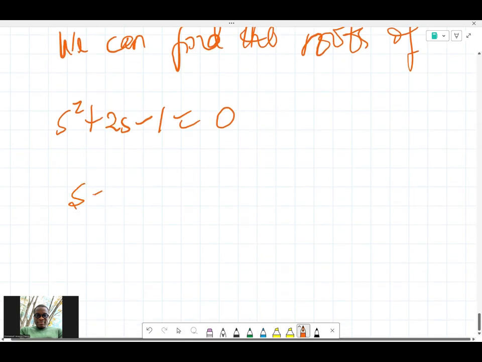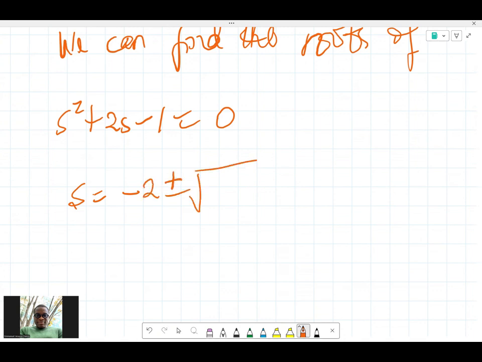Like this, s is equal to minus b plus or minus the square root of b squared minus 4ac, where b is 2, a is 1 and c is minus 1, because a is the coefficient of s squared and c is minus 1,